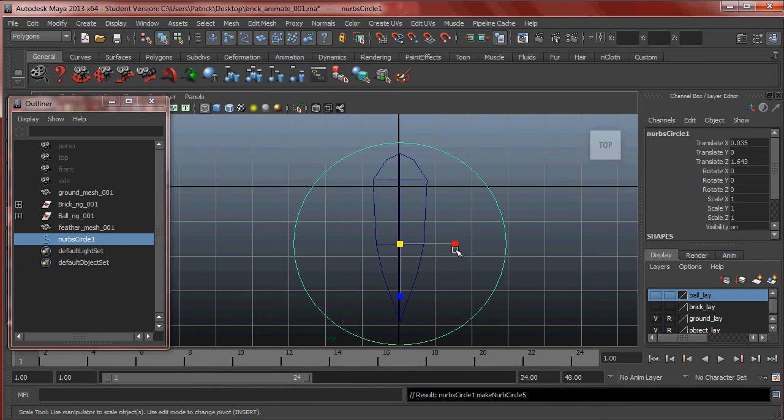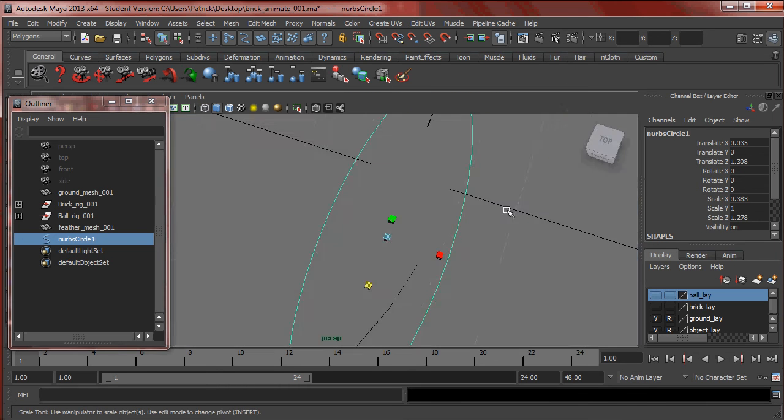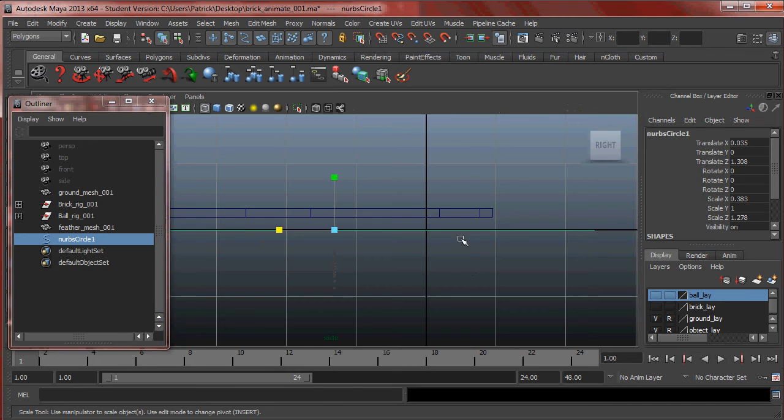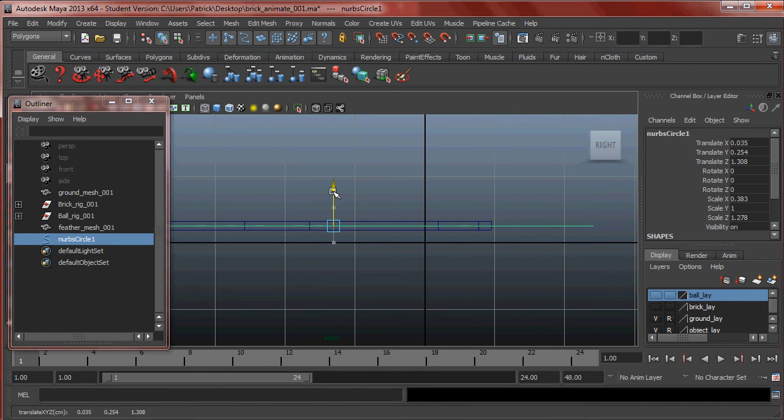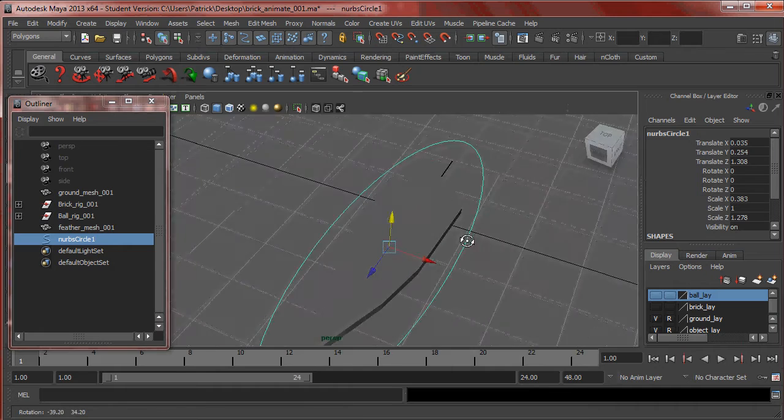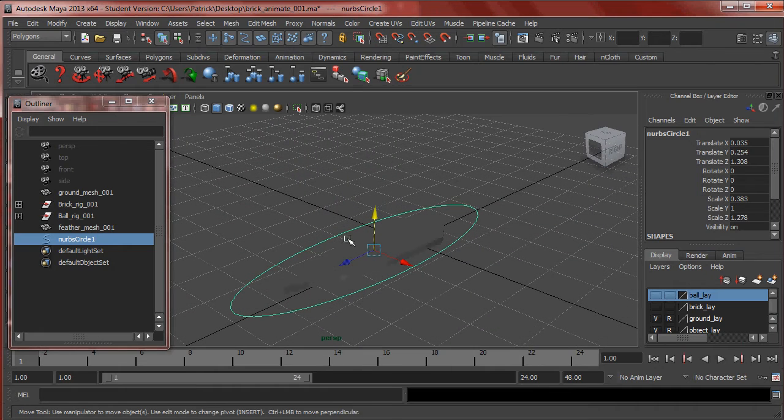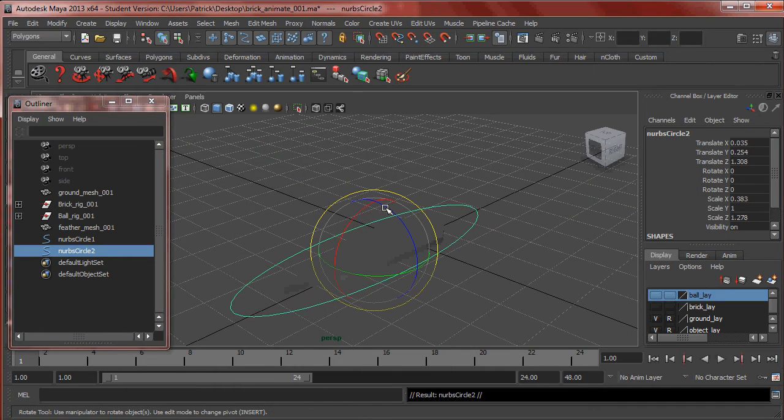Let's do that. I like to have my translate handles looking kind of really narrow. Just make it a little bit longer. So there's my translate curve. I'm going to position it right in the middle of that feather. Alright. I'm going to duplicate it, spin it up